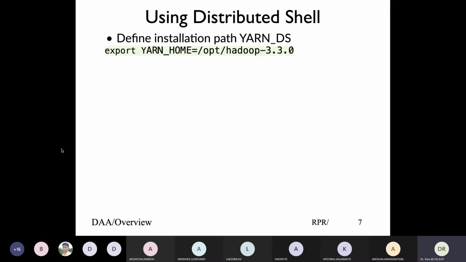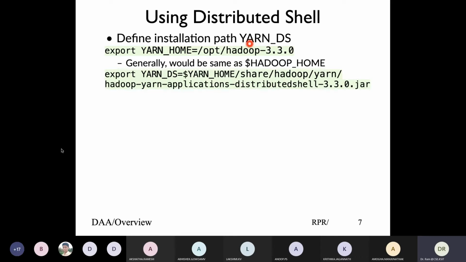Now to run my distributed shell, this distributed shell comes pre-installed with Hadoop 2 to demonstrate that feature. So rather than typing the entire path of the jar file where distributed shell is, we define an environment variable called YARN_DS, which is in terms of YARN_HOME, share, Hadoop, yarn.